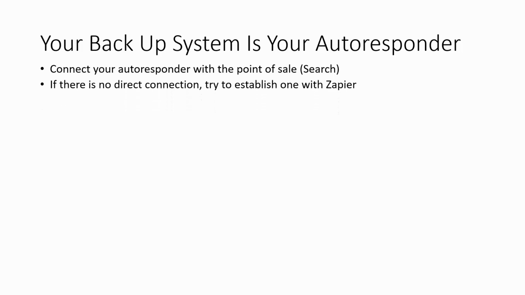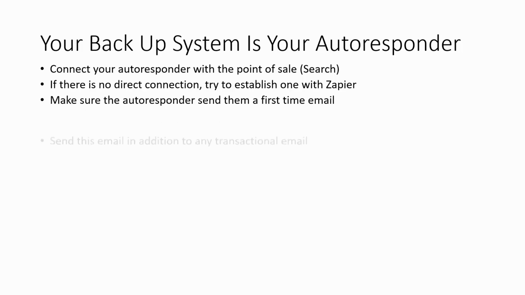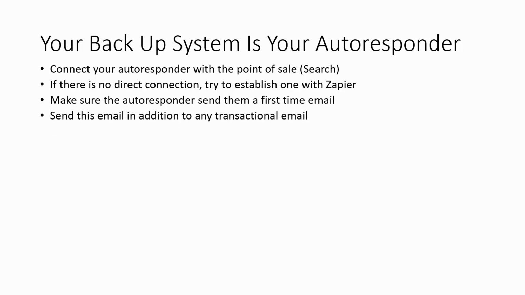Now, if there's no direct connection between your autoresponder and PayPal, try to establish one with Zapier. You can try to establish a connection with Zapier. You want to make sure that the autoresponder sends them a first-time email, and you're going to send this in addition. Now, even if you have membership software, you should make sure that they get this first autoresponder email in addition